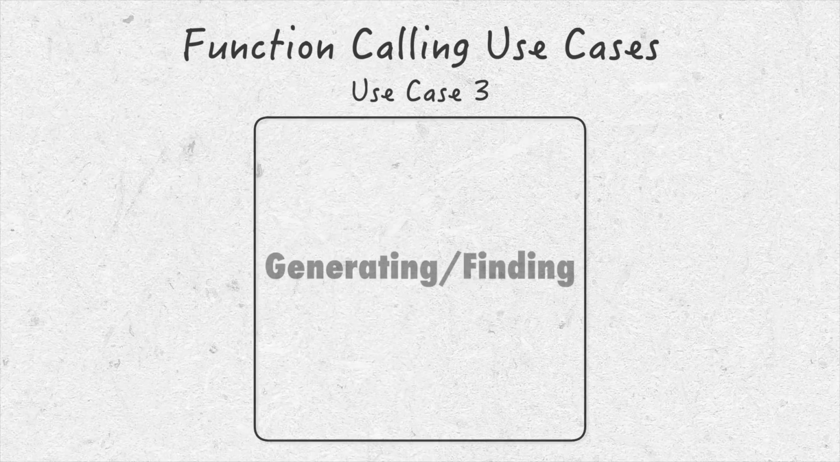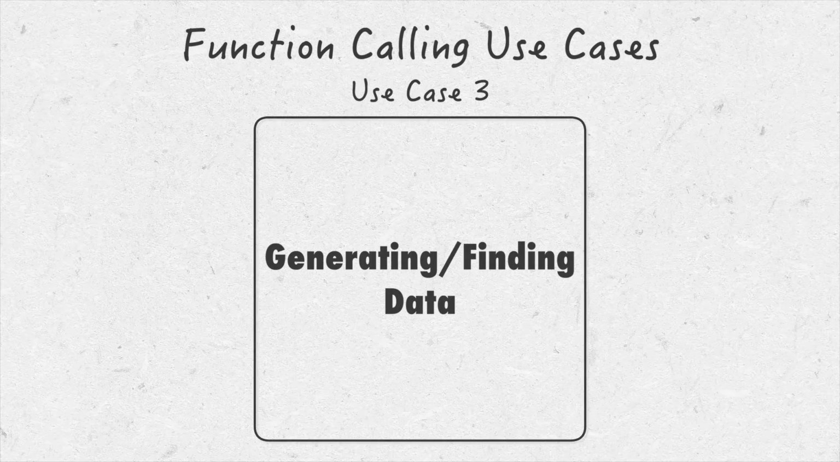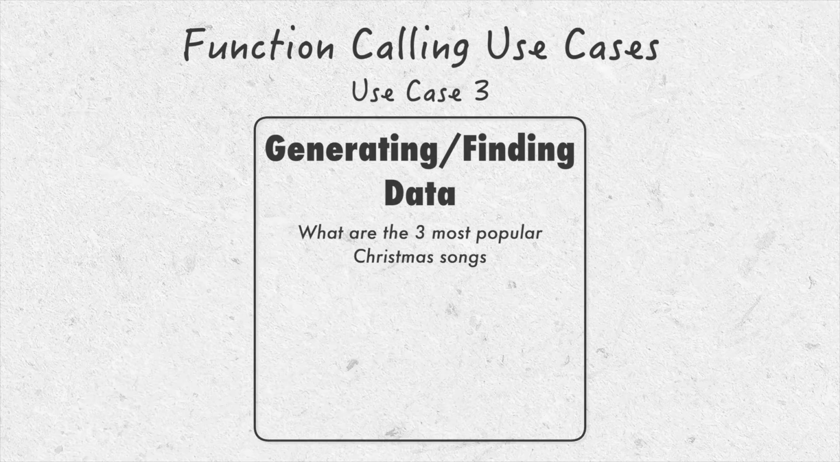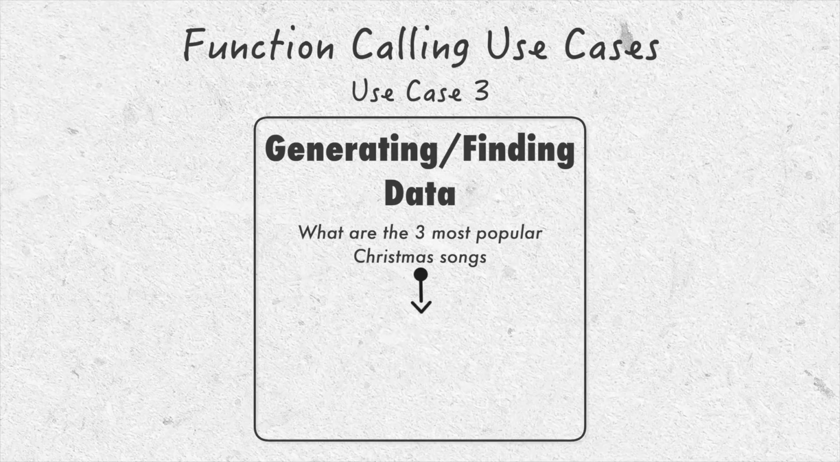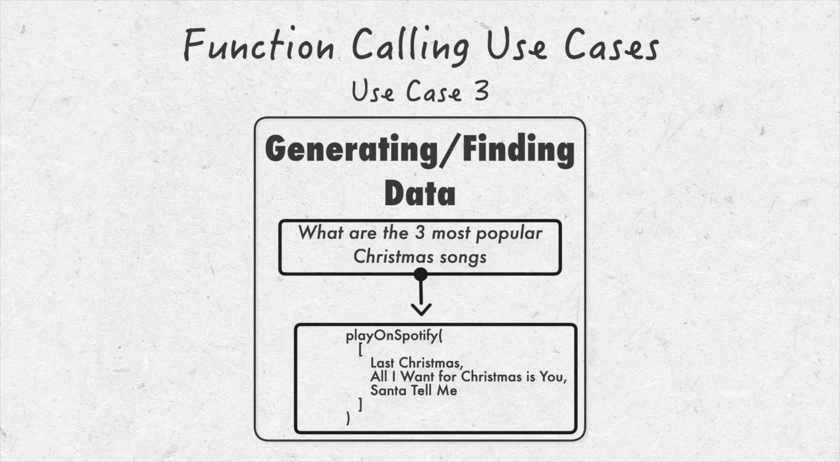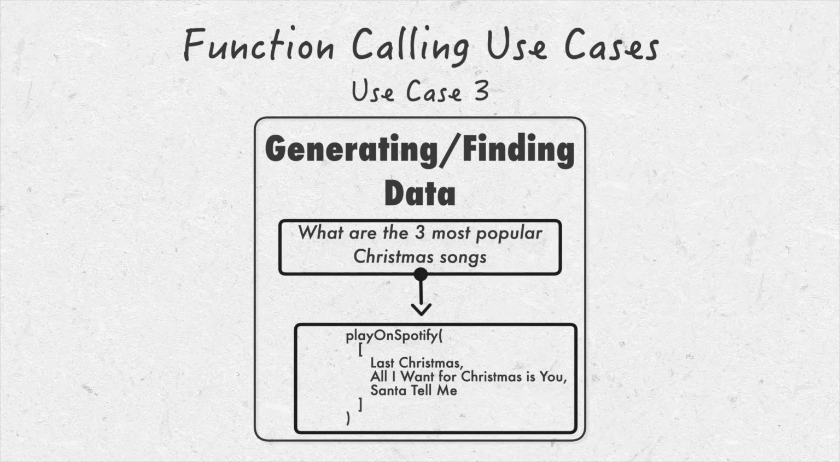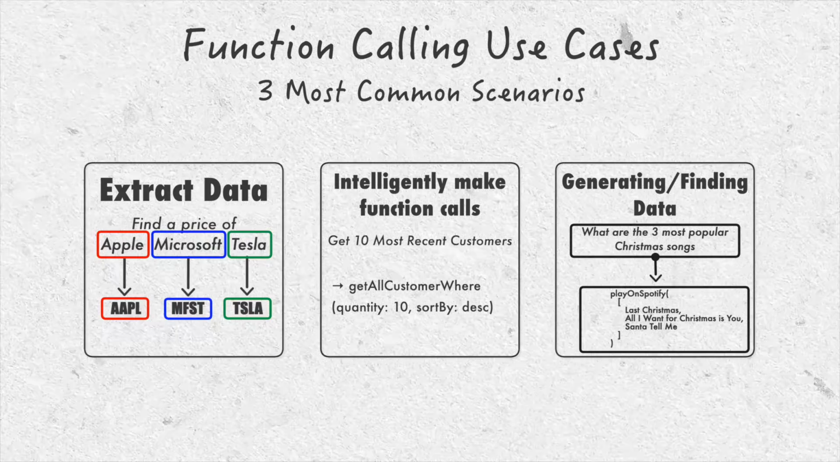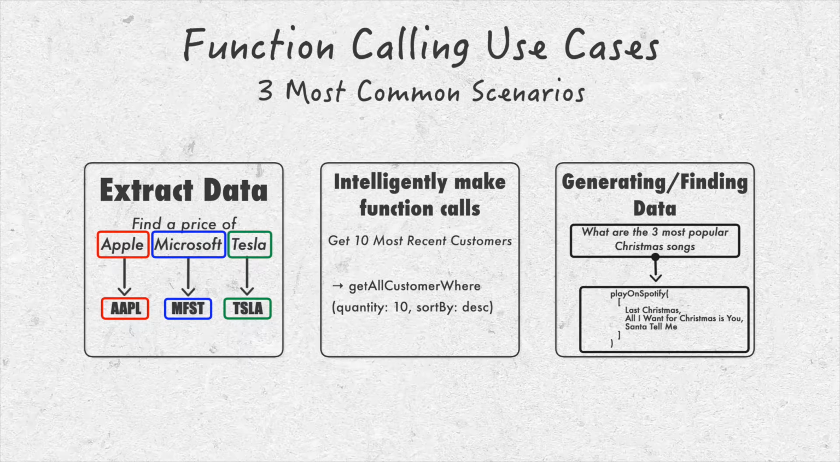And the third thing is when we want to generate or find data. At the end of the day, this is still an AI and it's a chat-based application. So we could have it do things such as finding the 3 most popular Christmas songs, and it would return those, a string of those, and we could actually pass that along to our function. So those are 3 of the most common use cases. And now that we've gone over that, let's actually dive into our application so we can see function